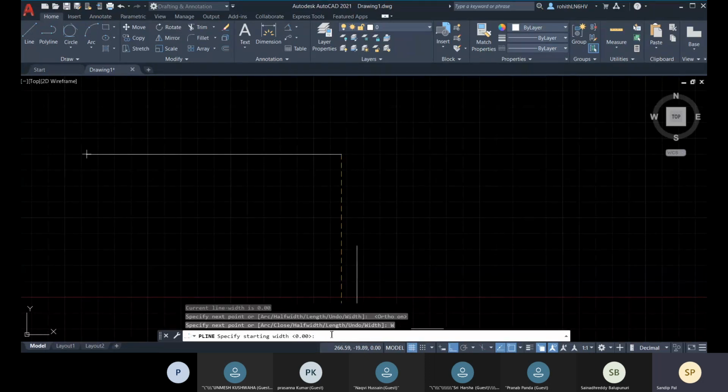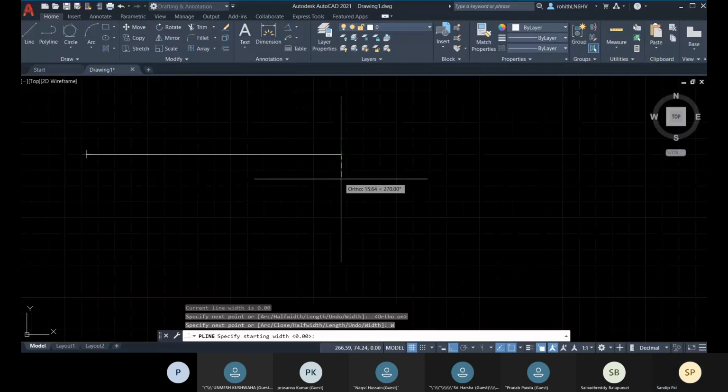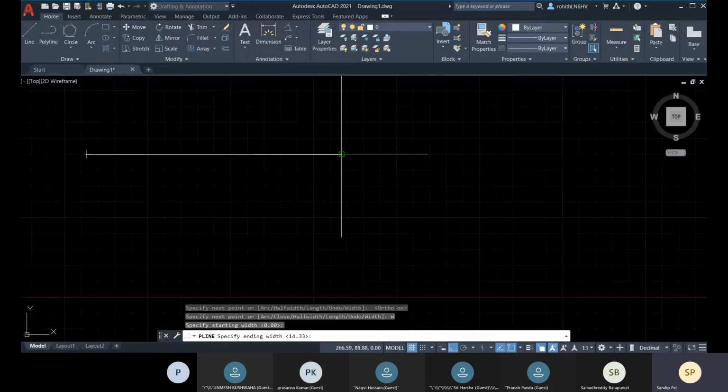Let me go with this width, and here you can type the value, or else you can go point to point with this mouse point. With your mouse you can mention the value. So from this point to this point was the value, and you can go for ending.